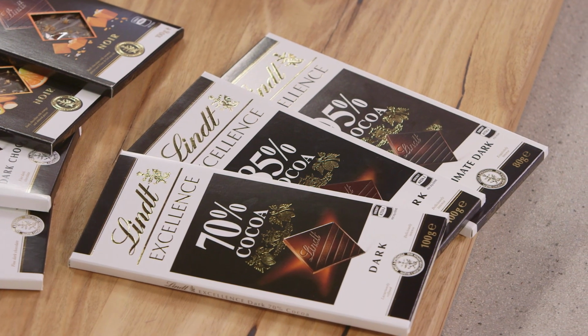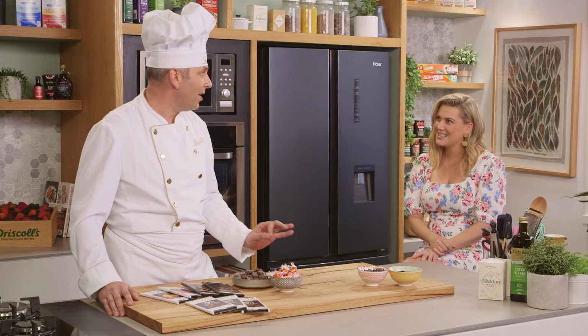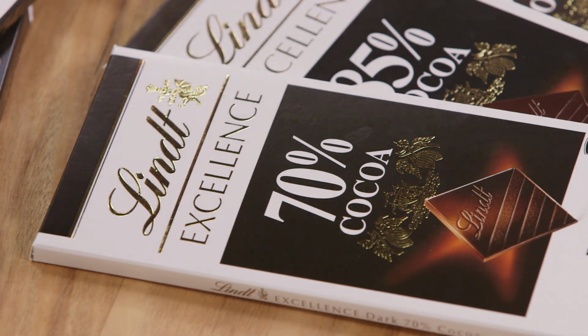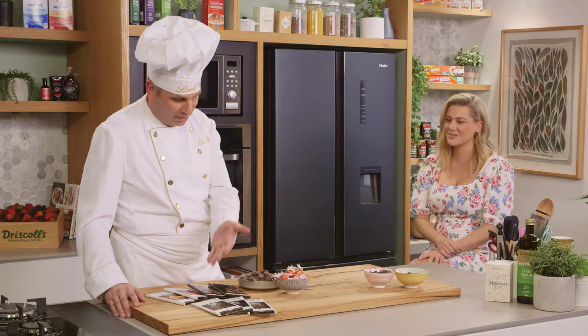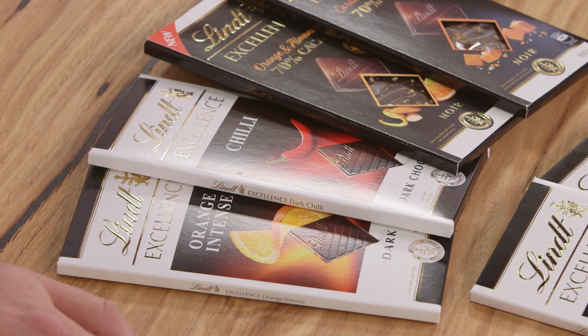70%, a couple of ingredients in there. So really just cocoa, sugar, vanilla, that's it. And these are actually perfectly fine to do all your cooking with as well. So you don't need a specialized cooking chocolate to do anything. So plain chocolate, but then we can take this up a little bit further and actually flavor plain chocolate,